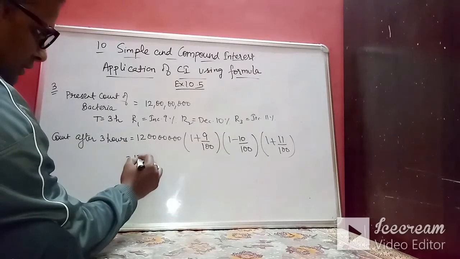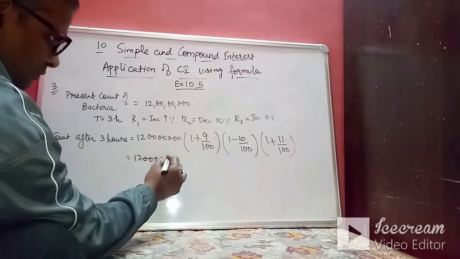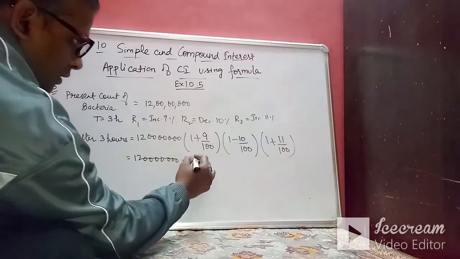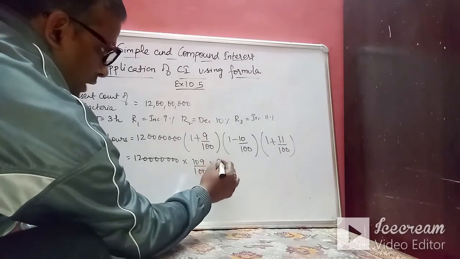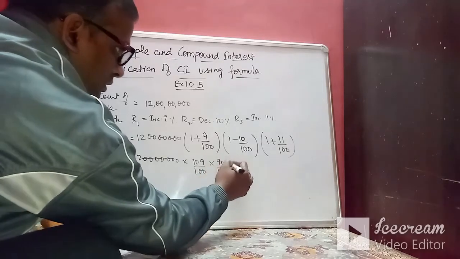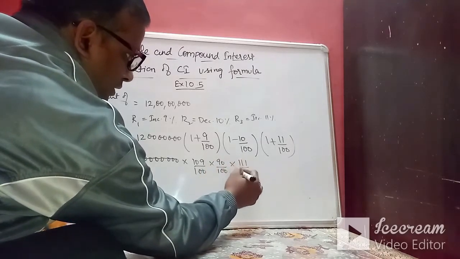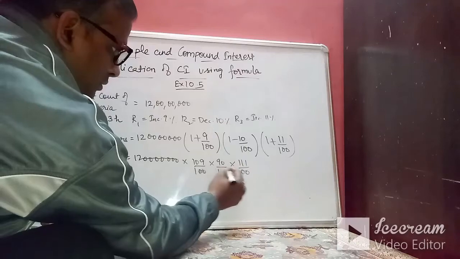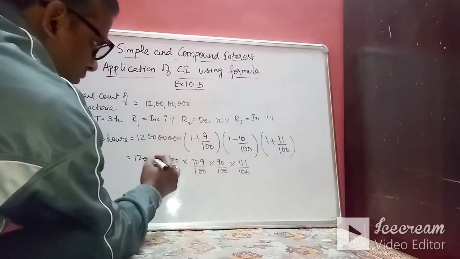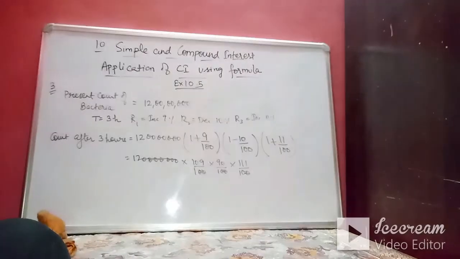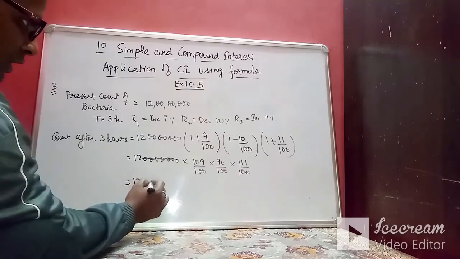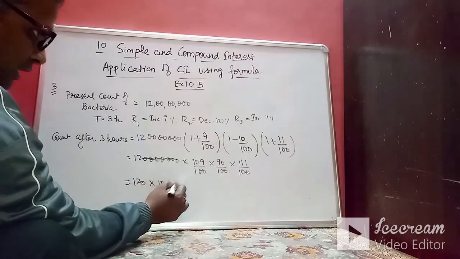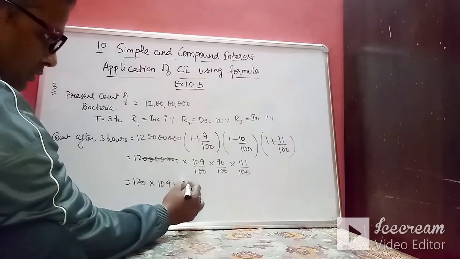So that becomes 109 upon 100 into 90 upon 100 into 111 upon 100. So that will be 120 into 109 into